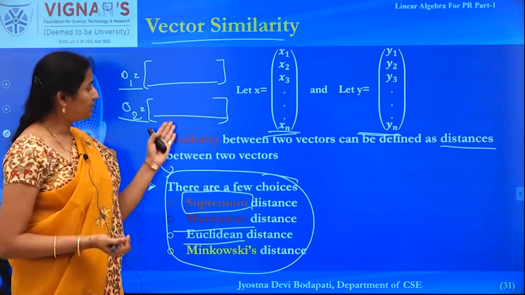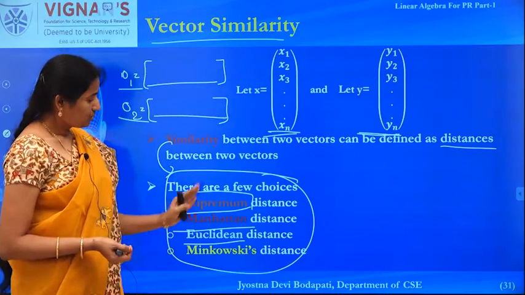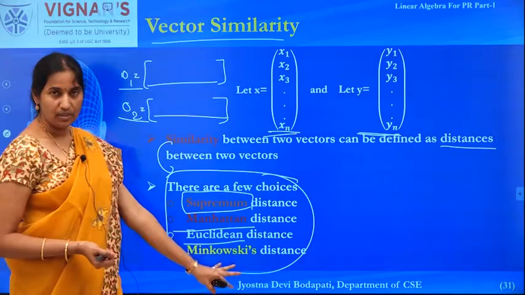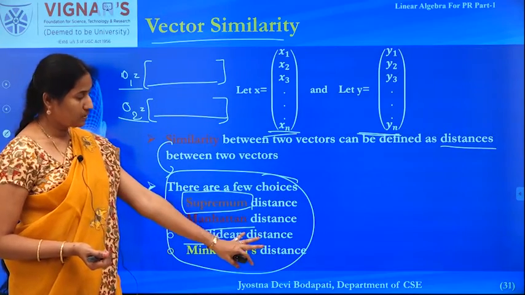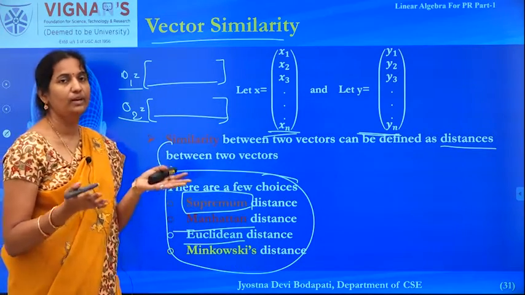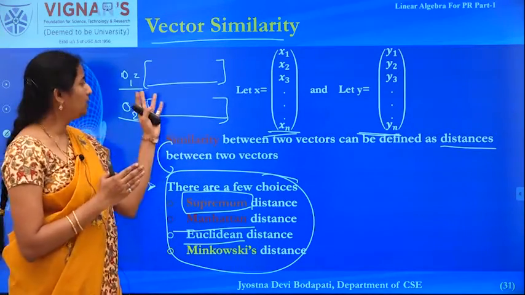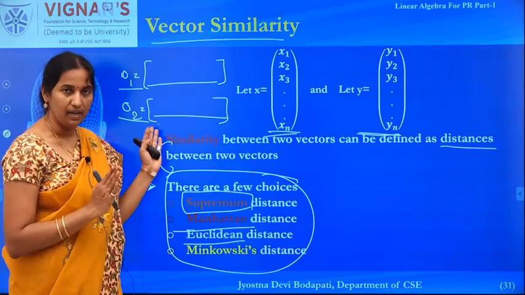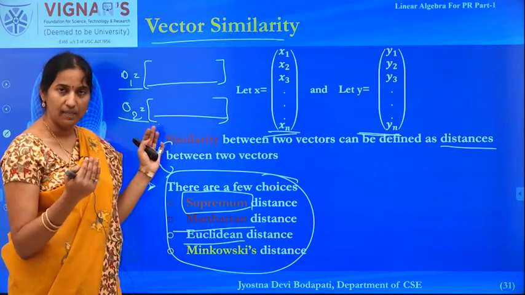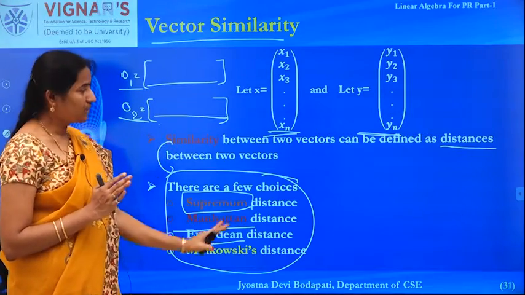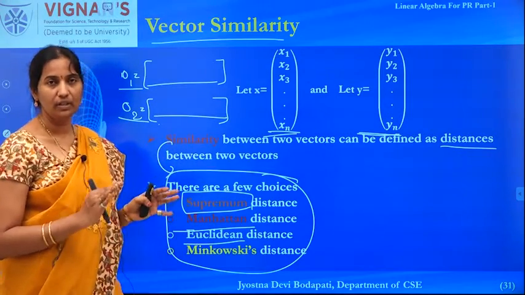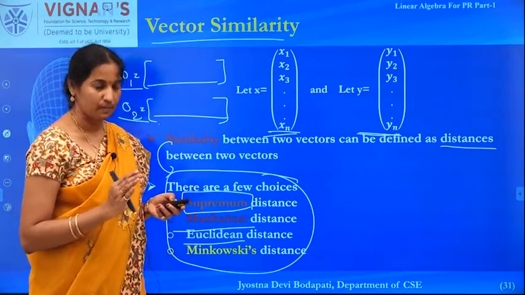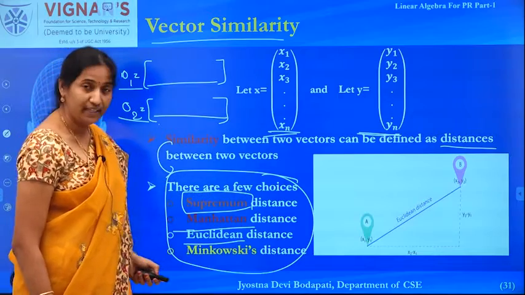They are, after all, vectors, so you can apply any of these distance measures, and depending on the distance measure you can say whether they are similar or not. If the distance between these two documents is high, then you can say that they are less similar, otherwise they are more similar. That is how distance measures are very useful in pattern recognition systems.